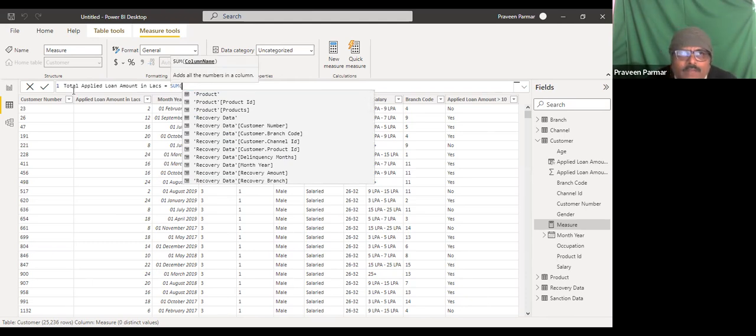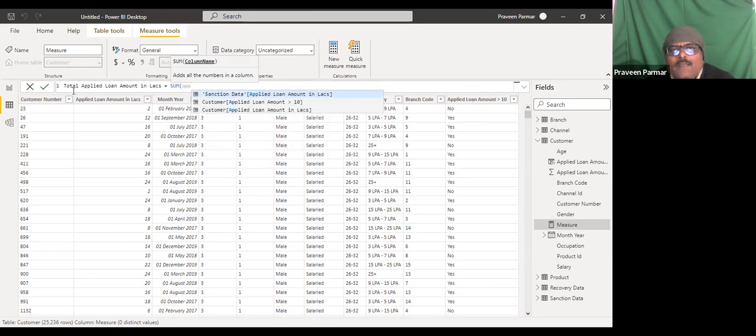Sum of applied loan amount. Okay. So in which table? I'm doing this in the customer table.